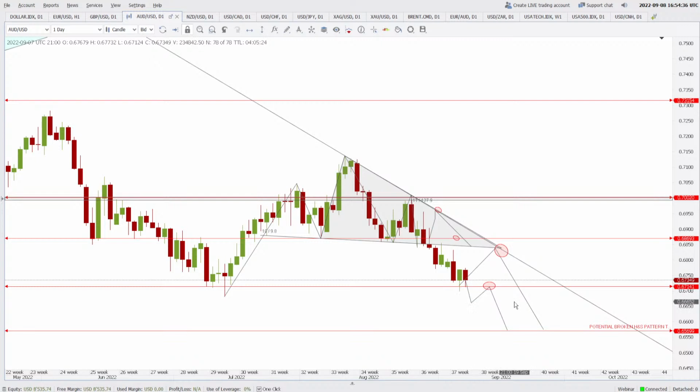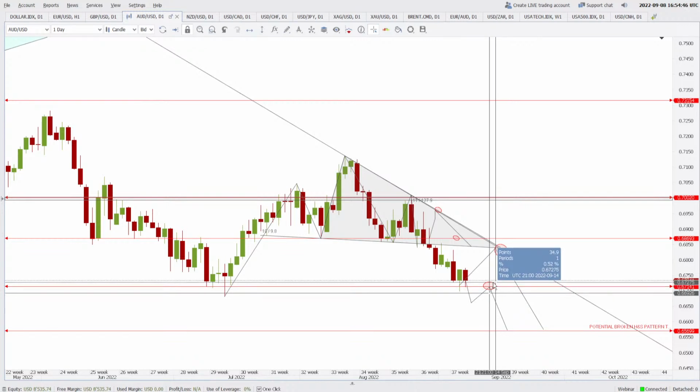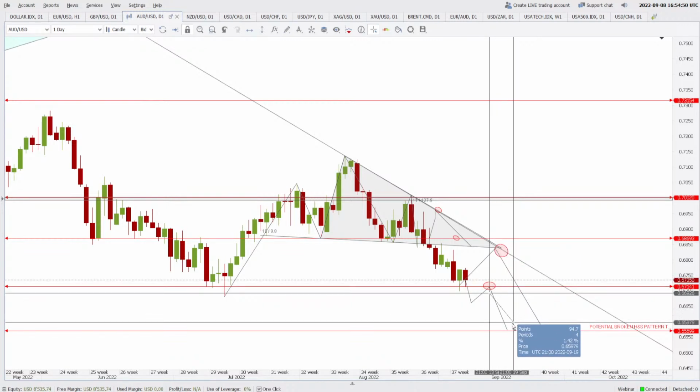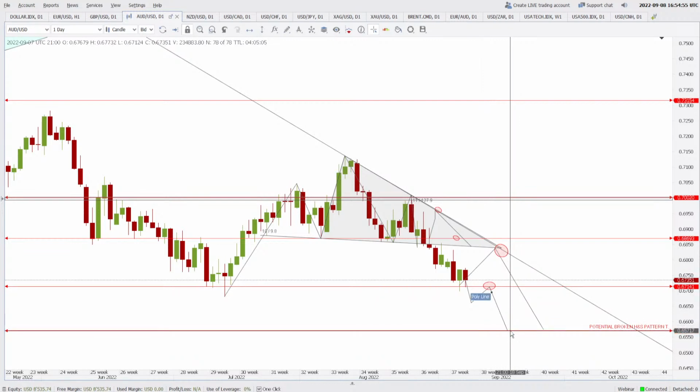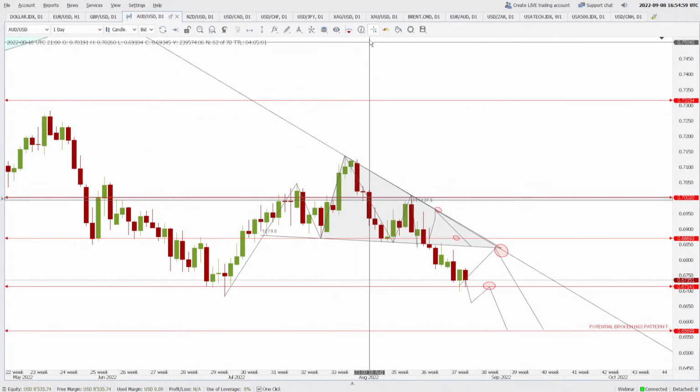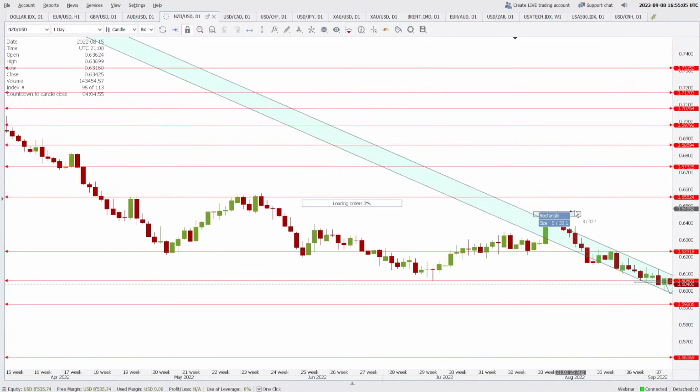So 0.6714 after a breach or after a close below will become a good resistance, and that will give us a good risk to reward ratio, because if we sell somewhere here and keep a stop loss somewhere here, we will still have 30 to 40 pips of stop loss, and we'll have a take profit target of approximately 120. It's a perfect 1:3 risk to reward ratio. So it does make sense to have a position in the Australian dollar below 0.6714 rather than above it right now. So let's move on to the New Zealand dollar.